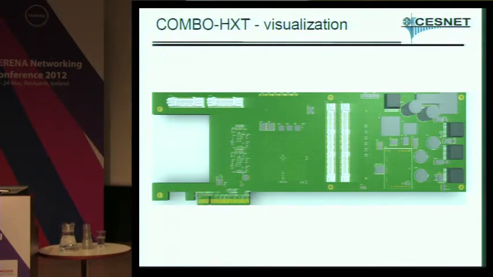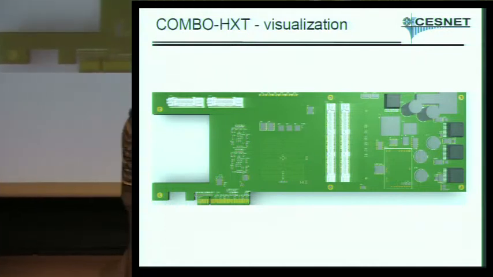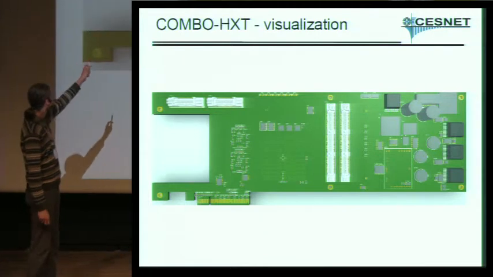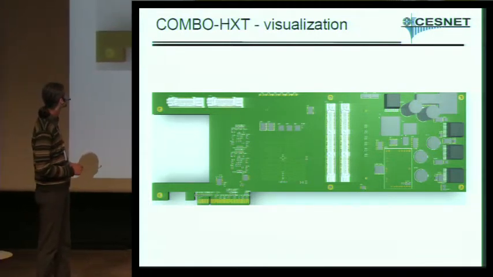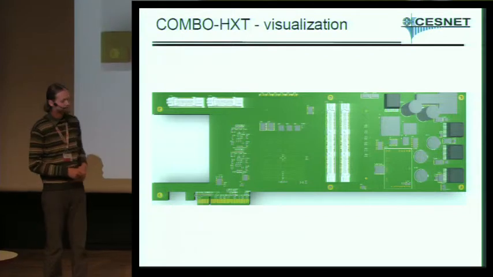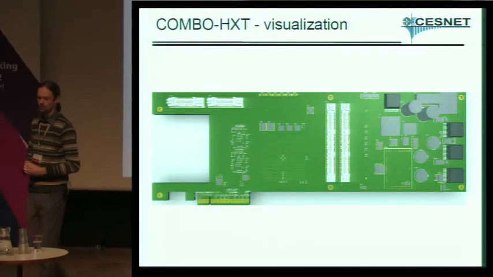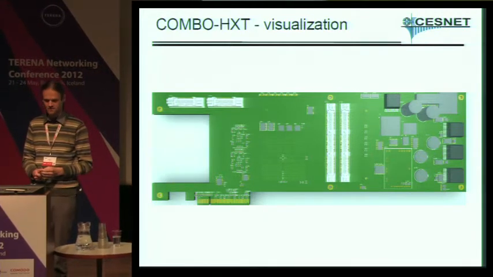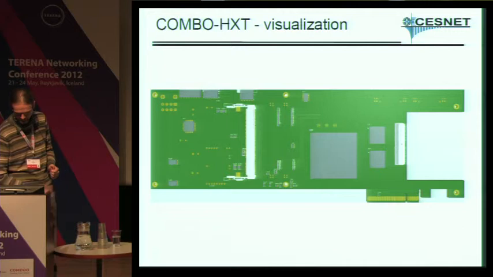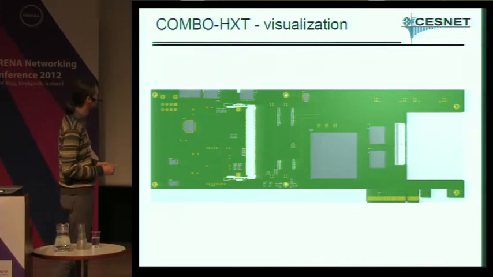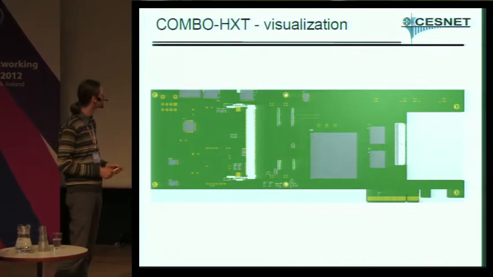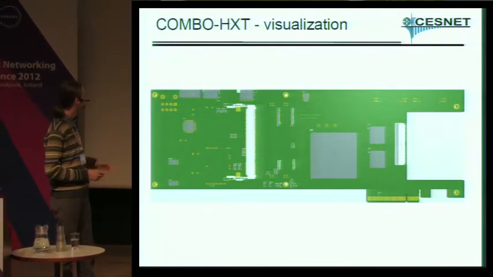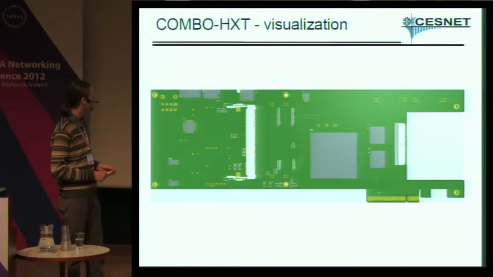We can see those big white connectors are the connection to the interface card, and the 2 smaller connectors on the top are what we call low-speed connectors, each of them having more than 10 gigabits per second throughput. They're low speed for us. This is just the flip side of the card. We can see the main FPGA in the center. We can also see the slot for dynamic RAM and the